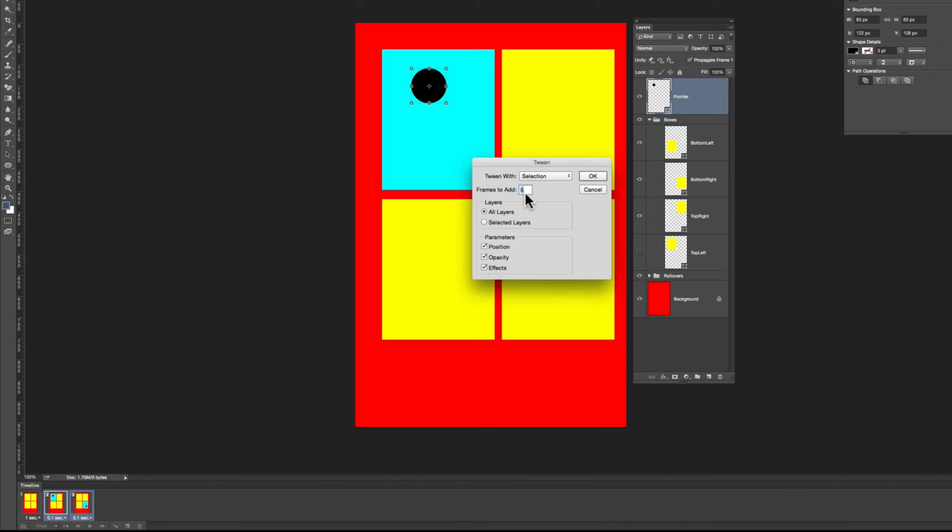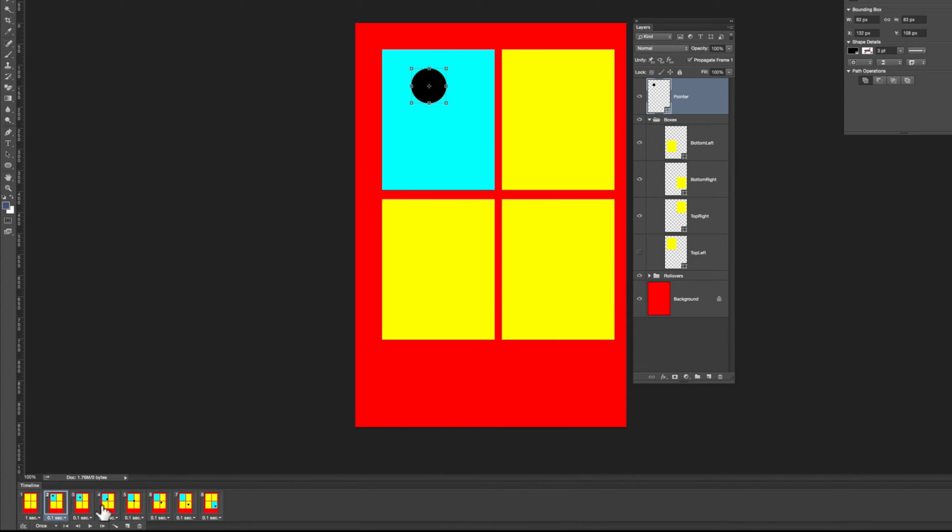Now the default is 5. The more you have in, the more smoothly it runs, but the bigger the animation becomes in file size. So I'll just leave it on the default, and all I want is its position. I don't want to change any opacity or anything like that. I can create fades. Once I've done that, I will click OK. Down the bottom, it's now added all those frames for me. If I go through there, it shows the movement across and when it gets there, the blue appears to sort of show like a rollover. Now if I just rewind that and play it,